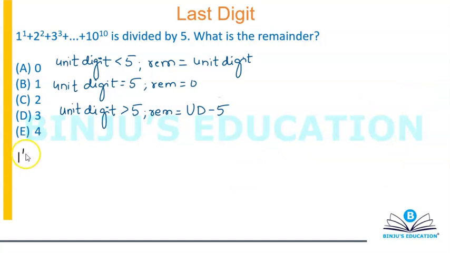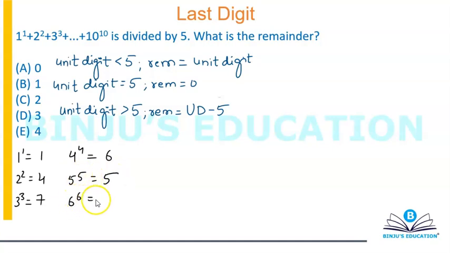So 1 to the power 1 will give me unit digit as 1, 2 square is 4, it's going to give us 4, 3 cube is 27, it's going to give us 7, 4 to the power 4, 4 to the power even is going to give us 6, 5 raised to any power will always give us 5, 6 raised to any power will always give us 6, 7 to the power 7,